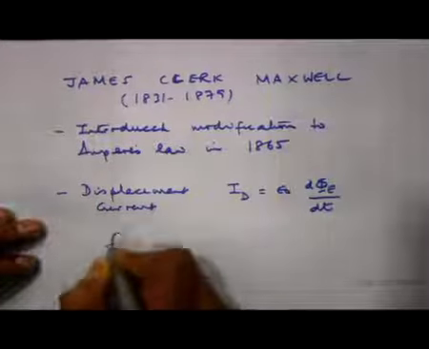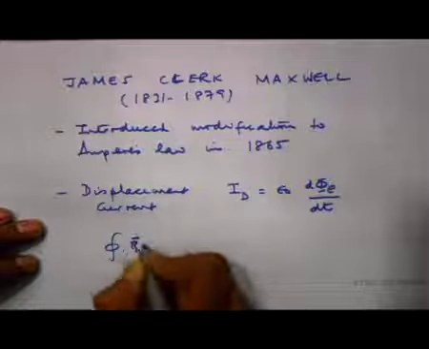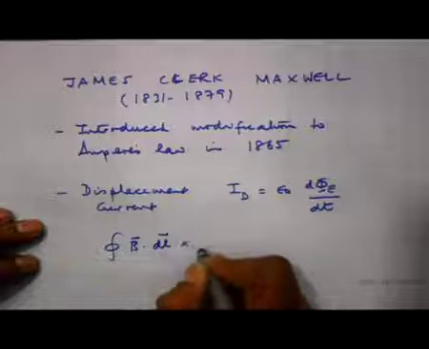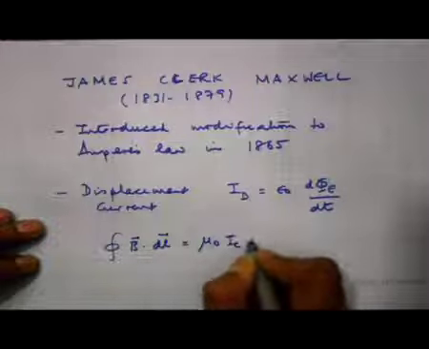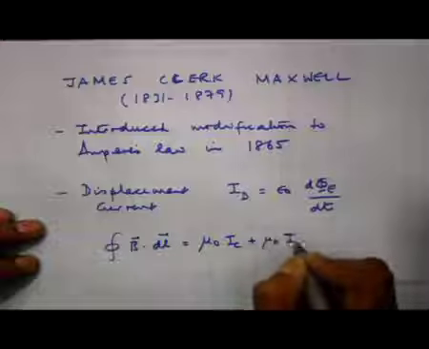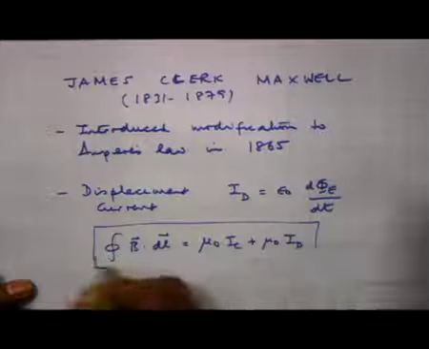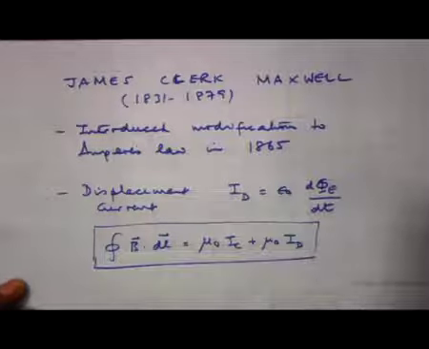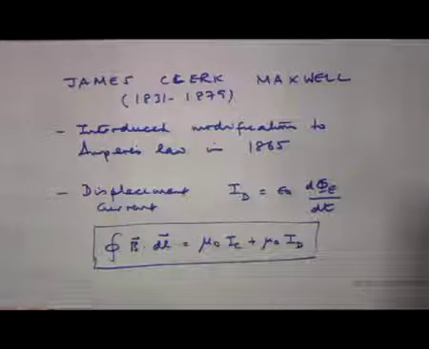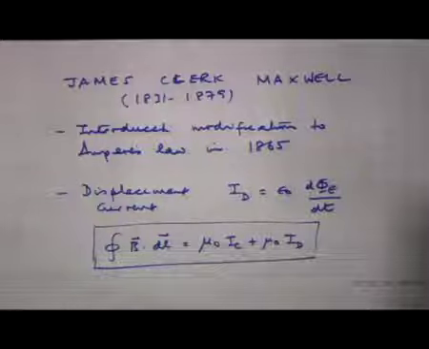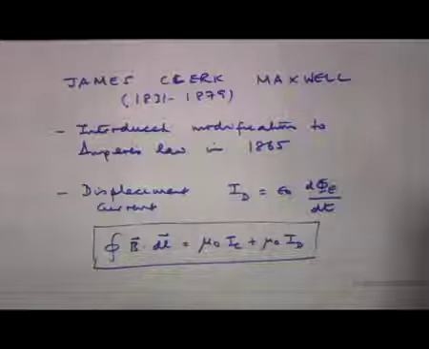So, this modified form of Ampere's law or generalized form becomes equal to mu naught times I c plus mu naught times I d. So, there is a conduction current term on the right hand side and there is a displacement current term on the right hand side, both together have to be taken into account in this, and this was a very major modification of the Ampere's law introduced by Maxwell,